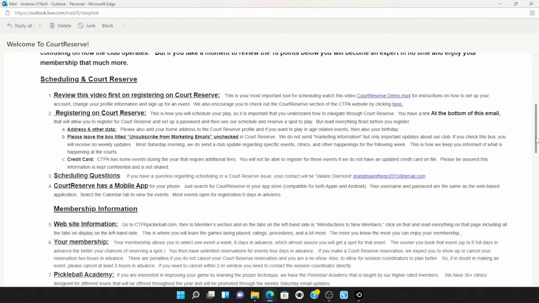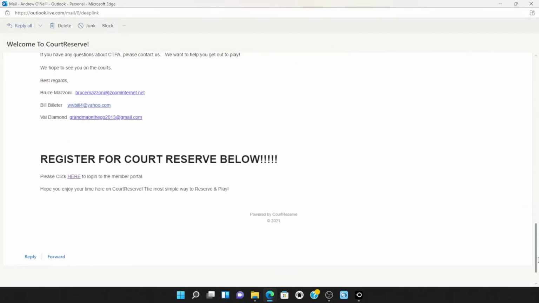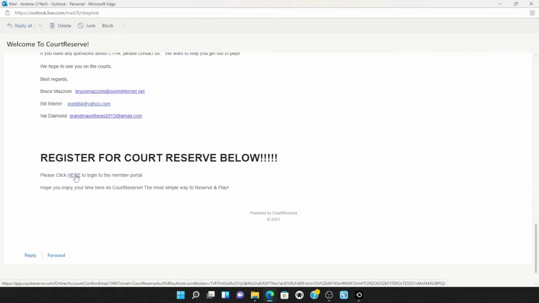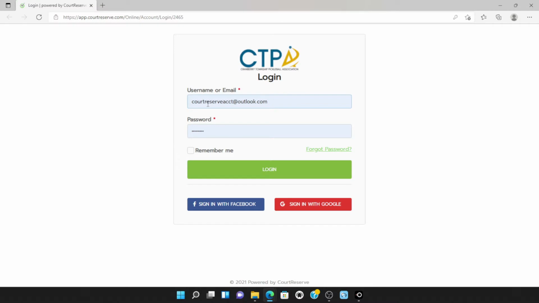So the first thing I'm going to do is scroll to the bottom of the email where you will see a link. Please click here to log into the member portal. So I'm going to click there. And as the screen pops up, you'll notice that the email for me is already input here. I believe that's because I set up a password already. When you do click on that link, it will send you to a password section where you will have to enter your password twice, and that will be the password assigned to your user account. Your username will be your email account. So in this case, CourtReserve account at outlook.com is our username,